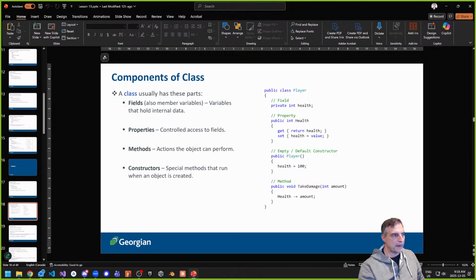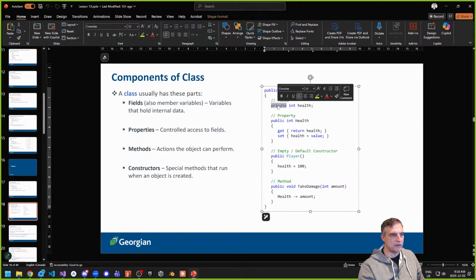It's a blueprint. And a class, let's talk about the anatomy of a class a little bit. Like what are the components of a class? Well, we have fields. Usually fields are private, okay? So we'll talk about those little modifiers here. But fields, I want you to think about them as member variables. Sometimes they're also called instance members. There's many names for the same things in OOP.